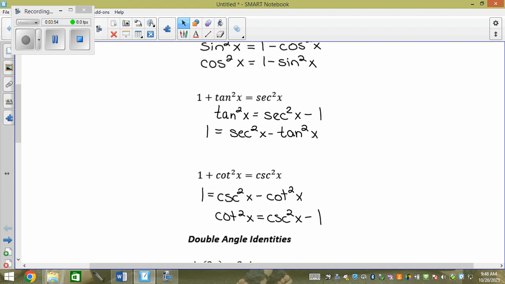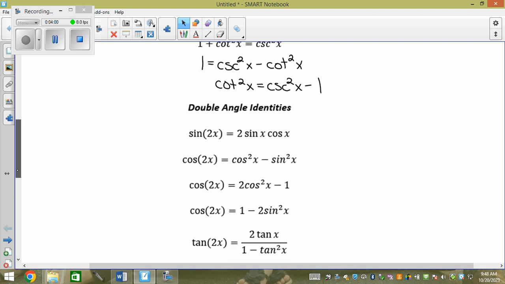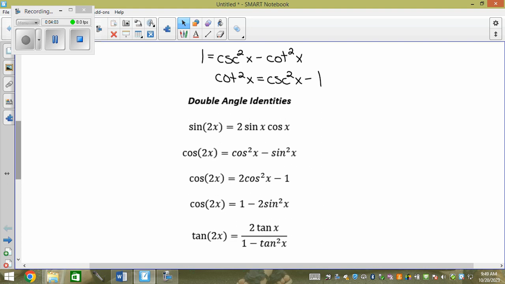Now we have these double angle identity formulas. These are the like 3/4 way down on your formula sheet. Now they're double angle identities. So if I had like sine 2x, if x was 30, let's say, let's just do one on the side. So if I did sine 2x and I made x equal 30 degrees, let's pretend, okay? I would go 2 times 30 degrees, and then it would equal, this is verifying, 2 sine 30 degrees, cos 30 degrees,